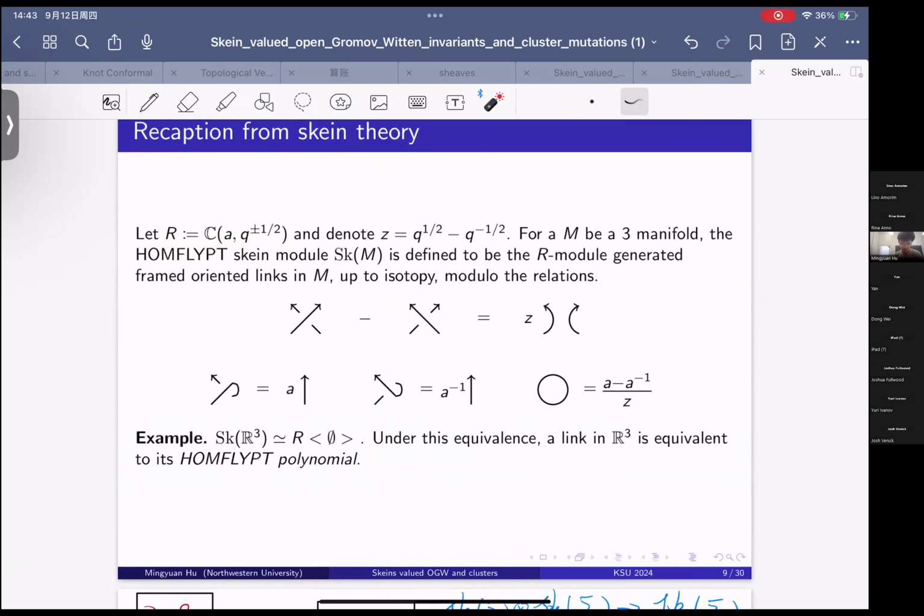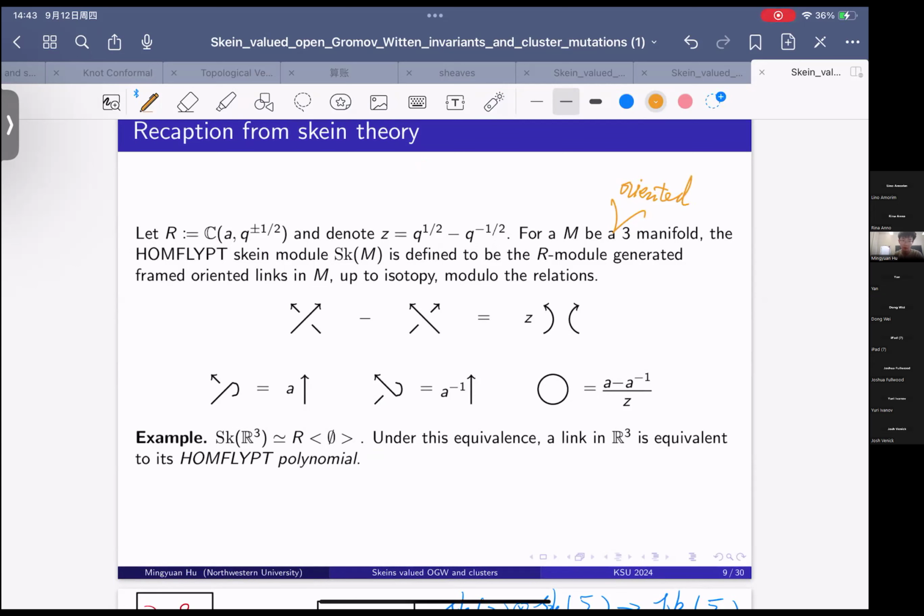One is called A, the other is Q, and denote Z to be the thing. Let M be an oriented three manifold. The HOMFLY-PT skein module is defined to be the free R module